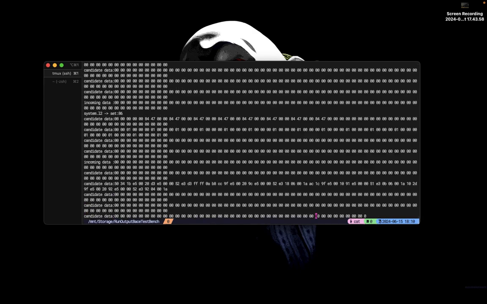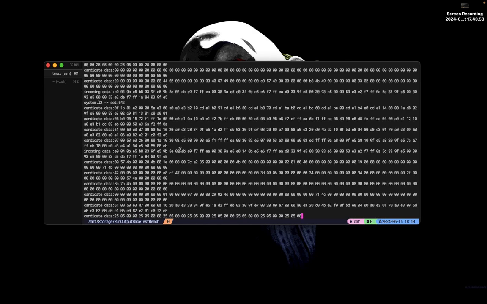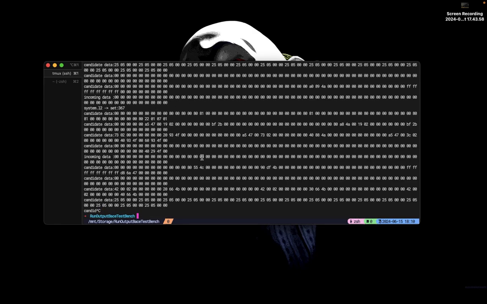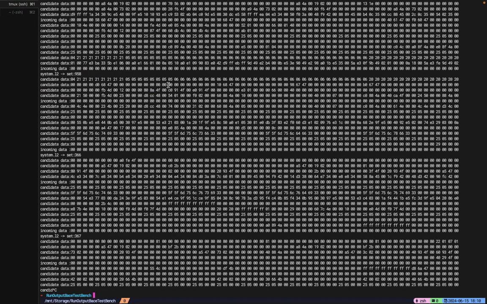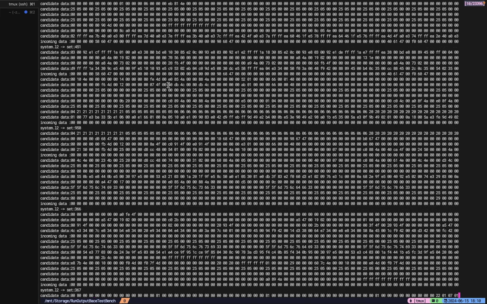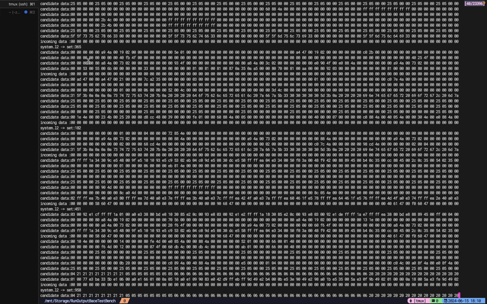If I check this, you will see this data, but let's set the terminal to full screen, and you can see a complete line on one line, not using two lines to show one line of the data. Okay, as you can see here,